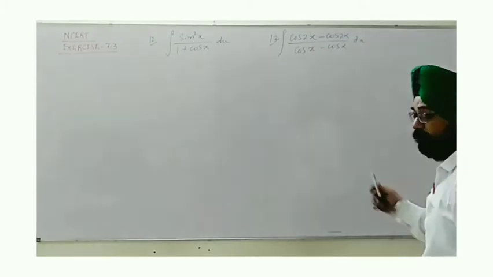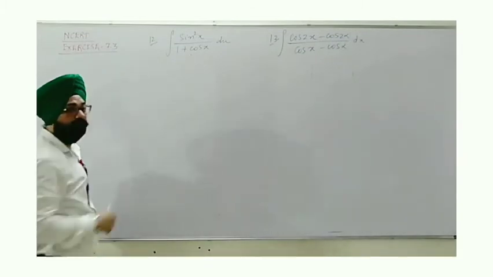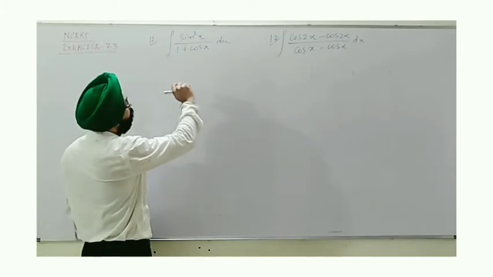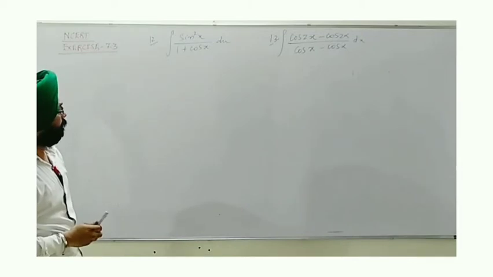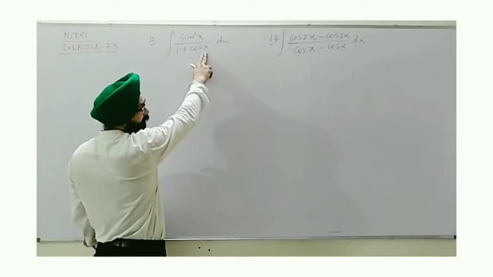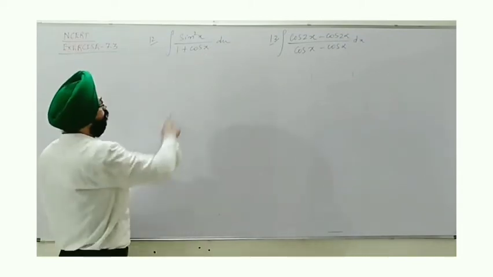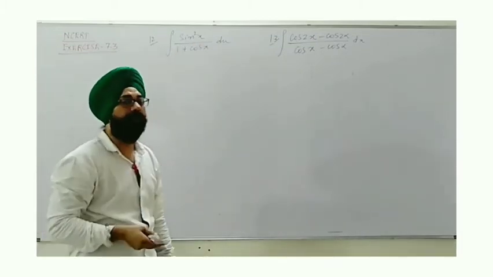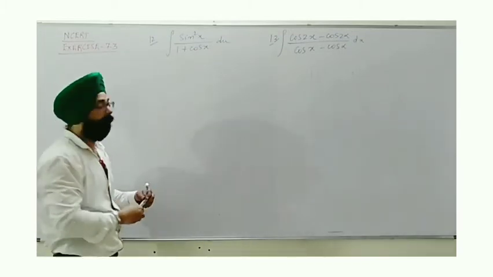For question number 12, once again we see the pattern sin square x upon 1 plus cos x. Directly, for sure, we cannot integrate. Why? Because the denominator is given in two terms, and the numerator is a monomial. Even if some substitution is used, like taking 1 plus cos x as t, its differentiation is sin x. So one sin x we will obtain, but the remaining sin x raised to the power 1 cannot be converted conveniently. So let's think of a better method using trigonometric identities.